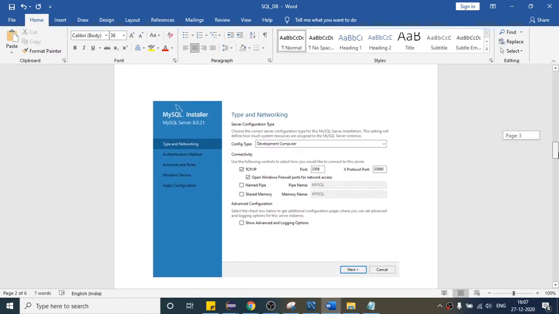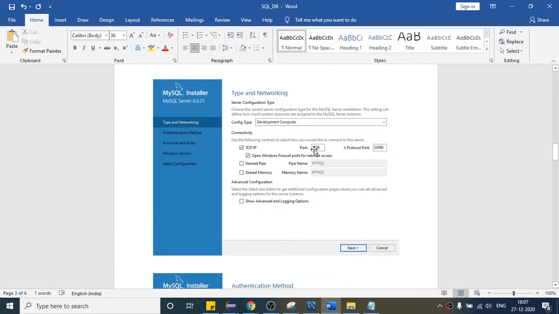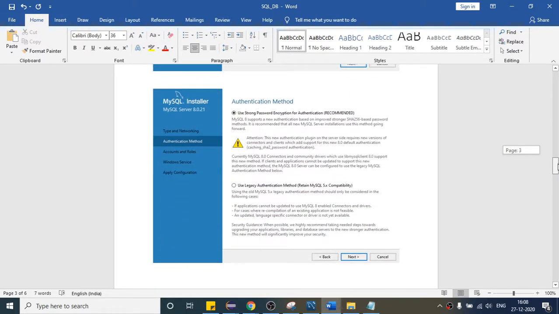you will come on this page here. So by default it is taking one port number, which is 3306. So basically this port number is used to send our query to the database, right? So by default it is 3306. So I will suggest you do not change anything here and just click on next. So this is our port number 3306. So we require this port number so that we can connect to our database. So by default 3306. So click on next, and once you will click on next, you will land on this page again. By default it will select, do not change anything here and click on next.